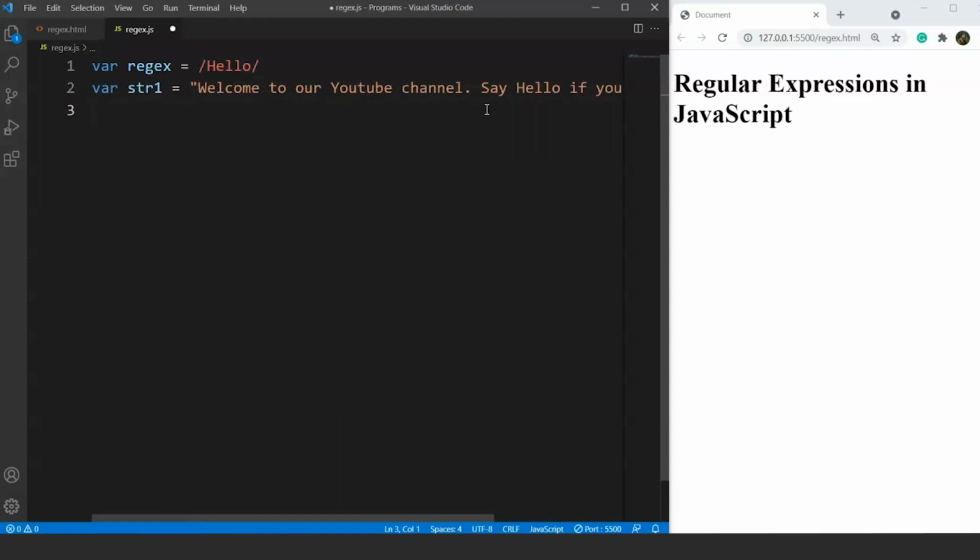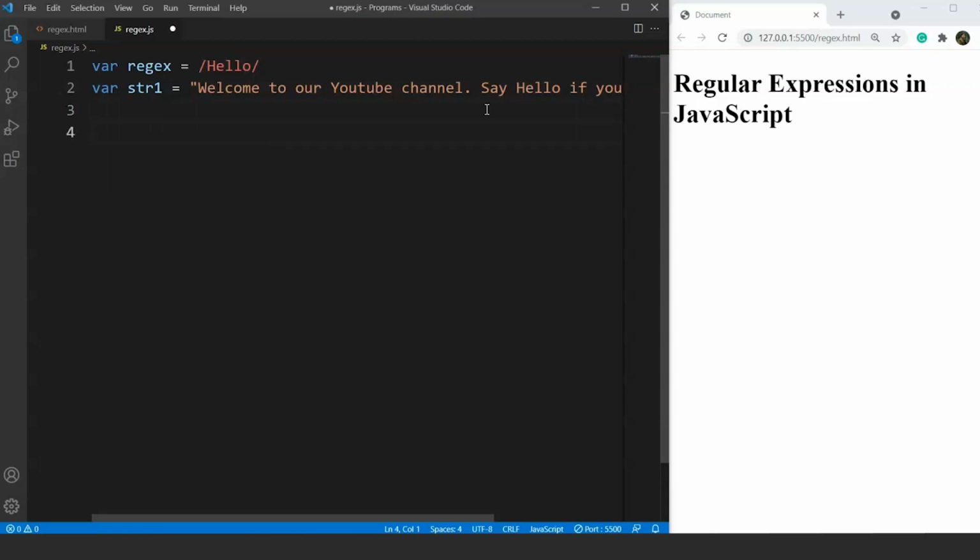Now this string contains the word hello in it. All we have to keep in mind is to add the main keyword in the string for now. Moving ahead, what we want to do is we want to find this word in the string, right? We want to find this hello word in the string. So next up we'll go through certain essential functions which we use with regular expressions, and we'll see the functioning of these essential functions. The first function is the exec function.